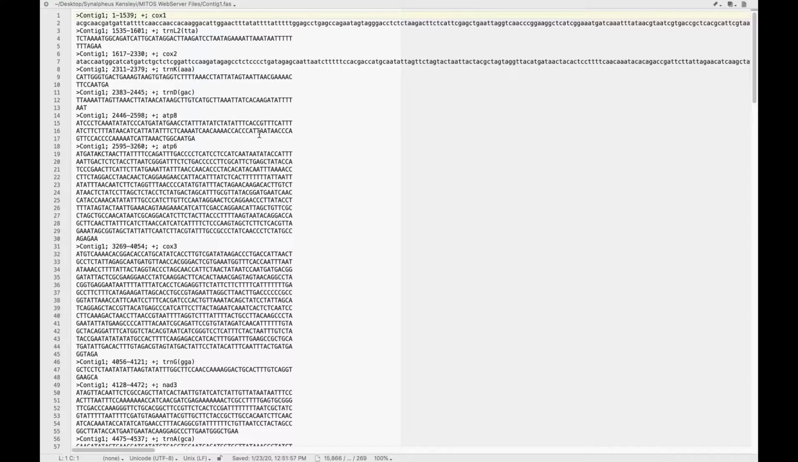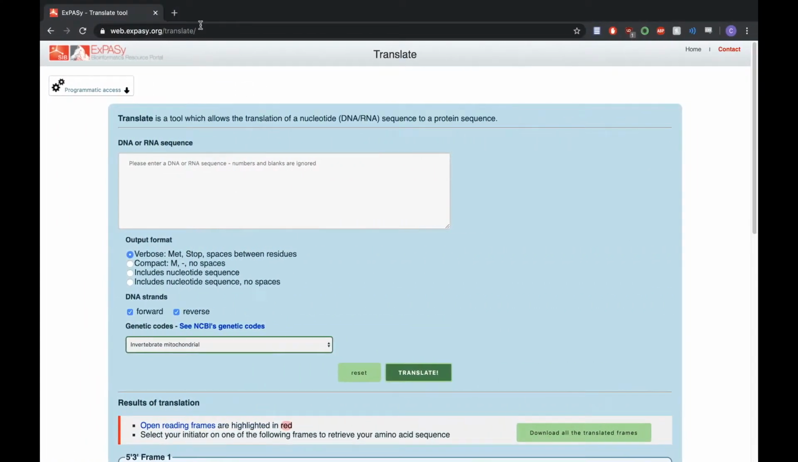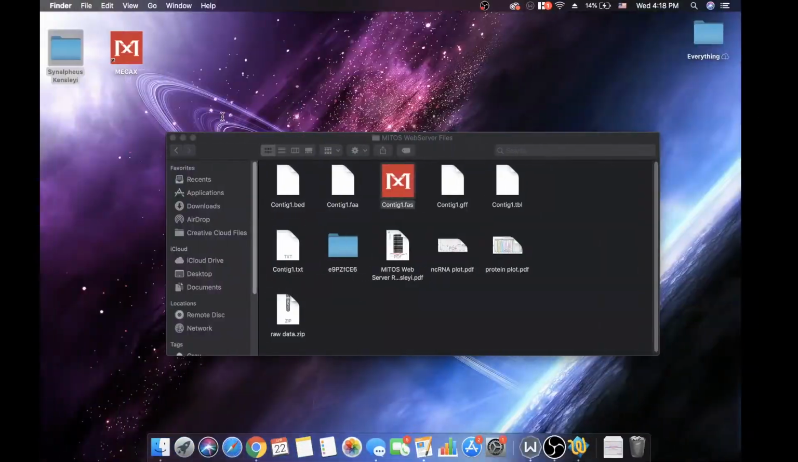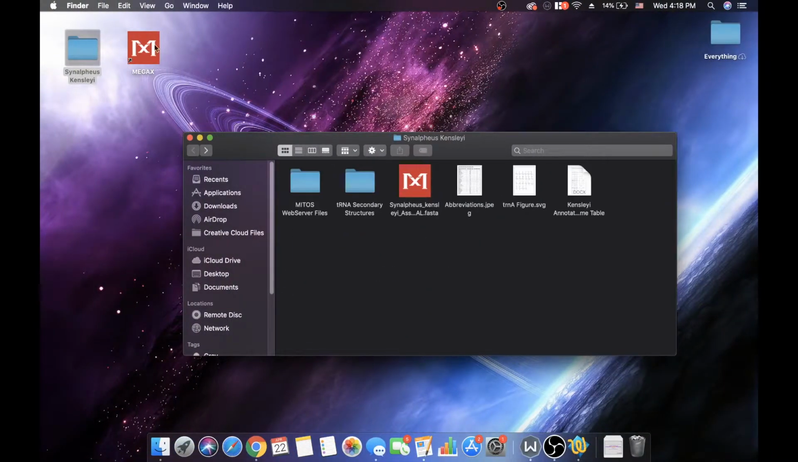And also open up Expasy Translate on any web browser. I'm going to set it to verbose just because I think it's easier to read. And then we're going to set this to invertebrate mitochondrial, since that's the type of genome that we're working with. Next, I'm going to open up MEGA,